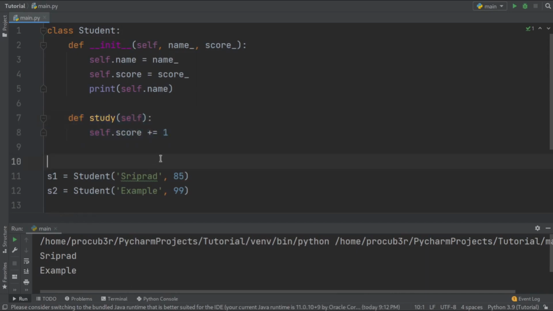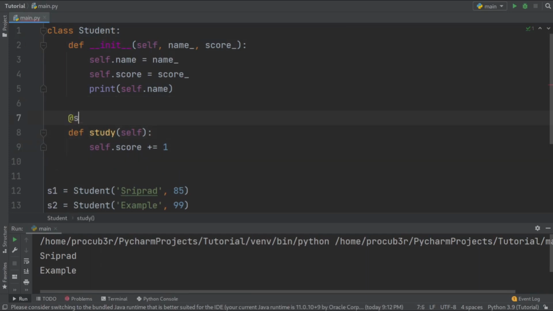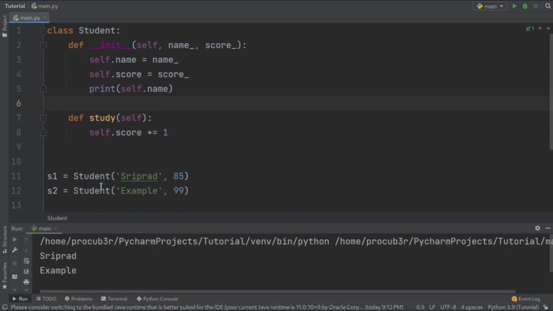Now there are exceptions to this when sometimes you just want a method there to not reference any part of the student class, and in that case you can use something like static method decorator, but that's a topic for another video, right? In this video, let's just keep it simple and make every method accept a self keyword, a self parameter. Alright, so this function here just takes in self, right, and increases the score of the student